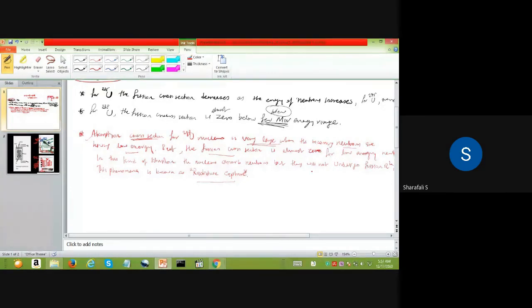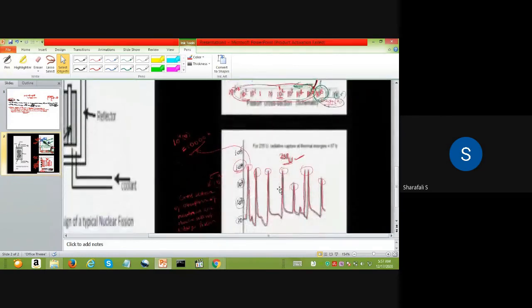So this is called radiative capture. The neutrons will get absorbed, but the nucleus will not undergo that reaction. Okay, so when you consider the same kind of phenomena for uranium-235,